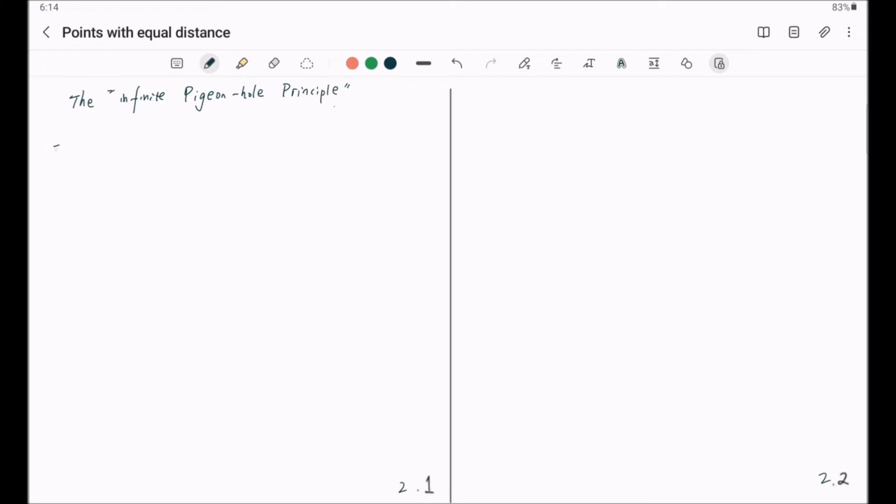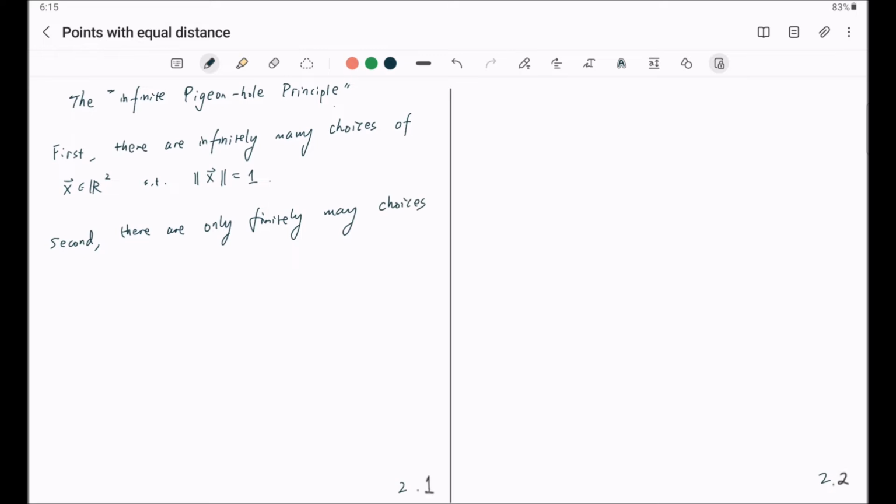First, there are infinitely many choices of a unit vector in R^2. And second, there are only finitely many choices for a vector in R^2